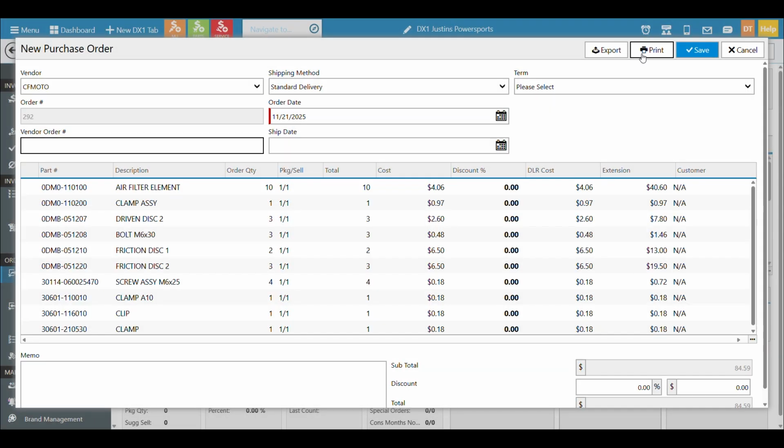And depending on the vendor, you might see different options up here in terms of what you can do with the PO. Here we can see for CF Moto, I could just save it, which will log it in my system. And then in that case, maybe my reps already placed the order in their system ahead of time. So now I'm just creating the PO, so it's in the system when the parts show up already. I'm going to call him, update the PO number, something like that.